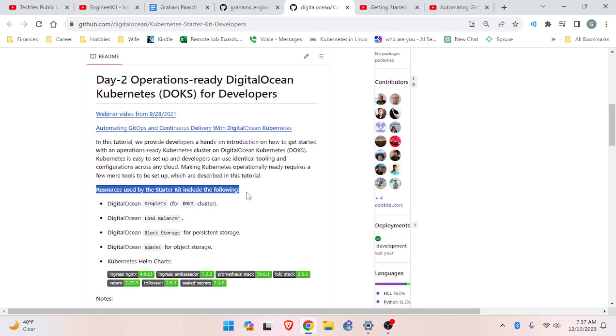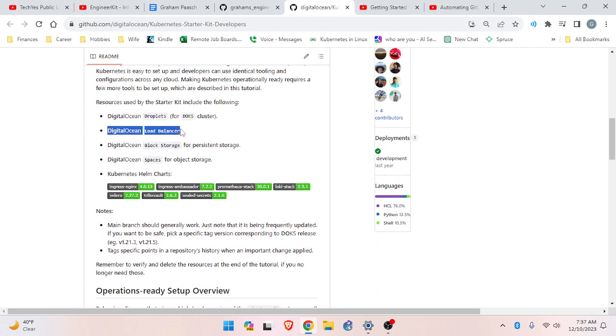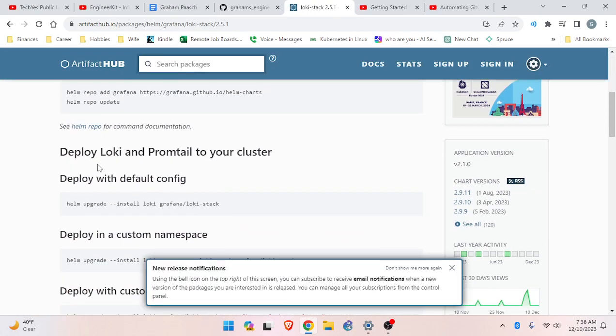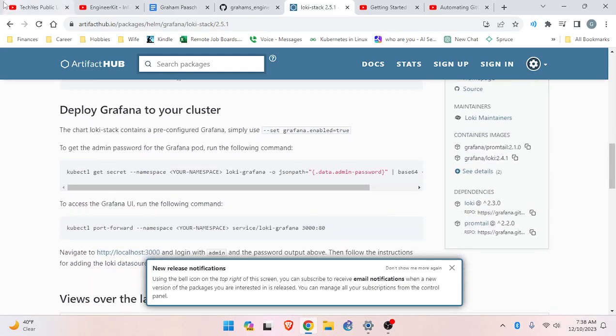Resources used by the starter kit include DigitalOcean Droplets for the DOKS cluster, DigitalOcean Load Balancer, DigitalOcean Block Storage for persistent storage, DigitalOcean Spaces for object storage, and Kubernetes Helm charts. So these are some examples of some Helm charts. Let's look at the Loki stack Helm chart. All right, and then back to the reading.